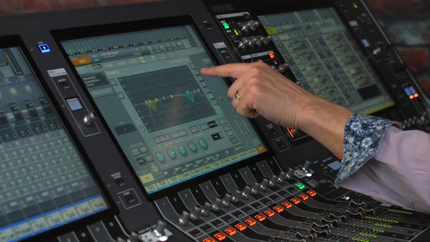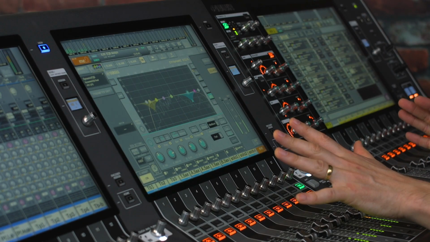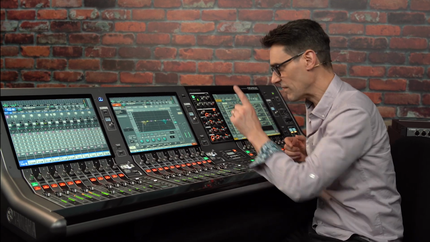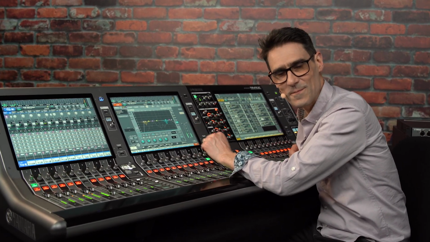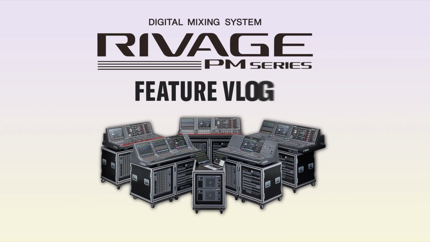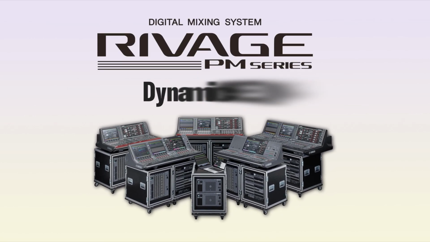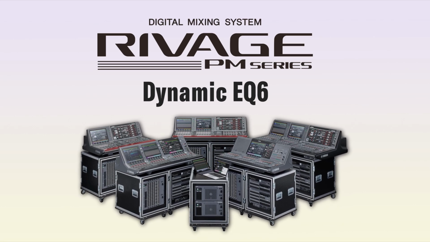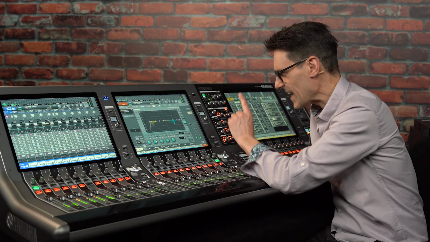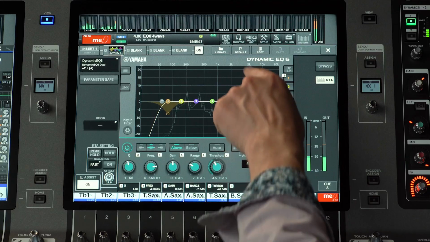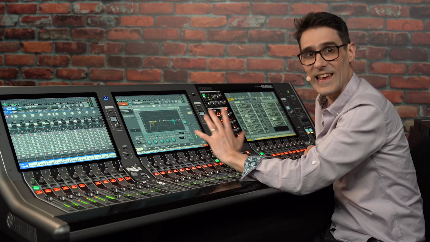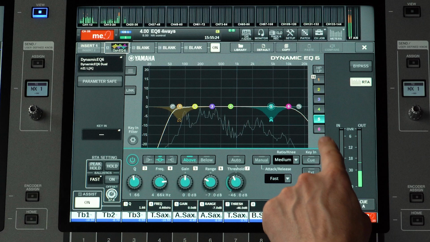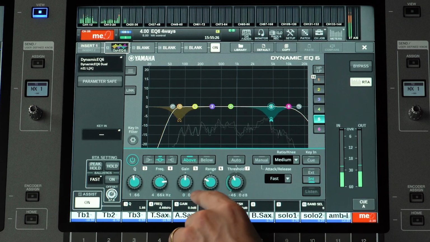Dynamic EQ6 is Yamaha's most advanced equalization plug-in yet, and it's new with Rivage PM version 6.6. As you can imagine from its name, Dynamic EQ6 is a 6-band EQ where each band has a range of independent dynamic properties.